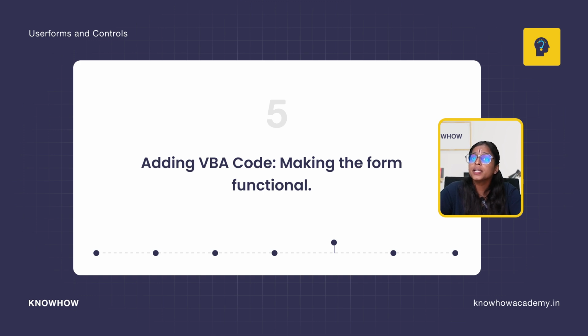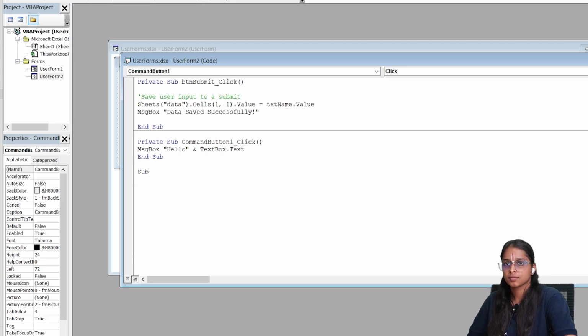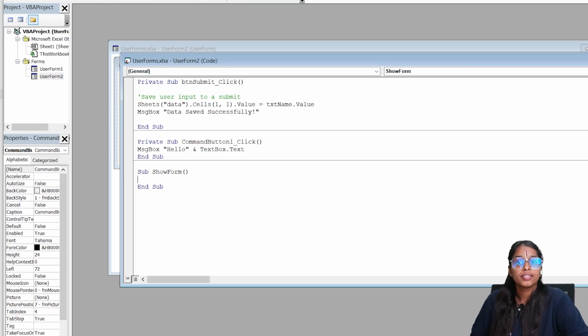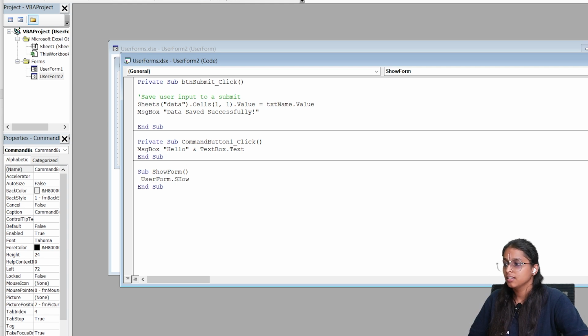Let's add some VBA code for the linking. Link the form to your VBA project by writing the following code. Let us write the smallest code. We'll create a sub. I'll name it show form. Then I'll add userform.show and I'll end my subroutine.